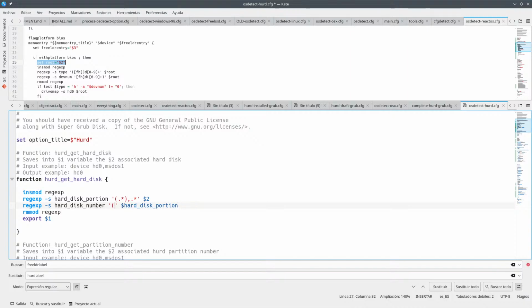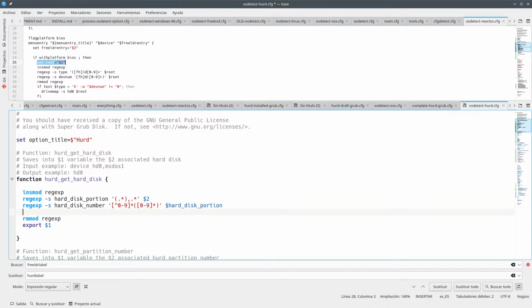The way you would do this is kind of 09. The second one is the actual number that we save as the hard disk number, and then